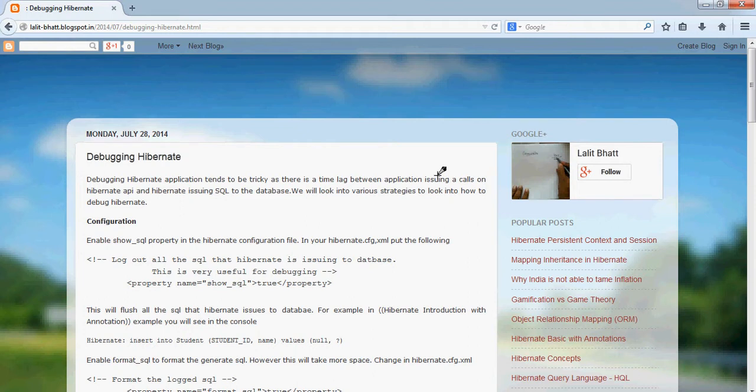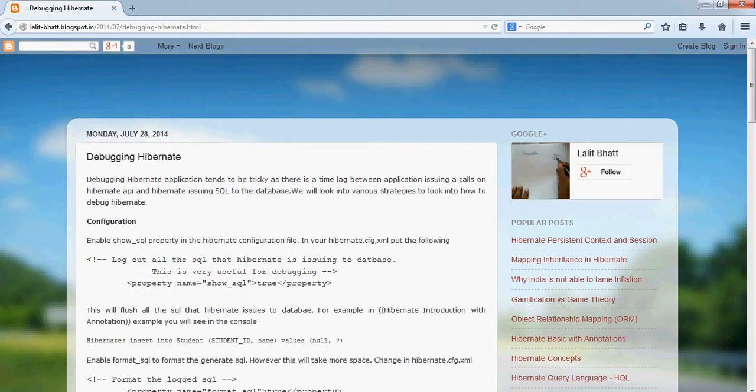In this segment, we will look into how we can debug Hibernate. What we will basically look into is what kind of SQL queries Hibernate is generating based on the HQL that has been written, or based on the different API calls that are called on Hibernate. We'll look into the SQL queries and the different parameters that are being passed by Hibernate to the database.